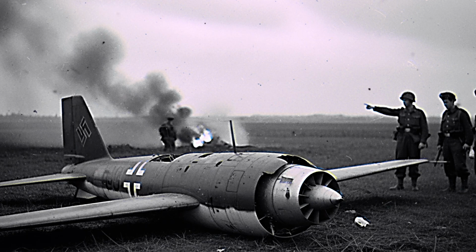Its small size made it a difficult target for visual acquisition and tracking. Most importantly, its mechanical nature meant it could not be deceived by tactics that worked against human pilots. It simply flew its predetermined course at constant speed and altitude until it reached its target or ran out of fuel. The initial British defensive response involved fighters, anti-aircraft guns, and barrage balloons, arranged in 3 defensive zones between the